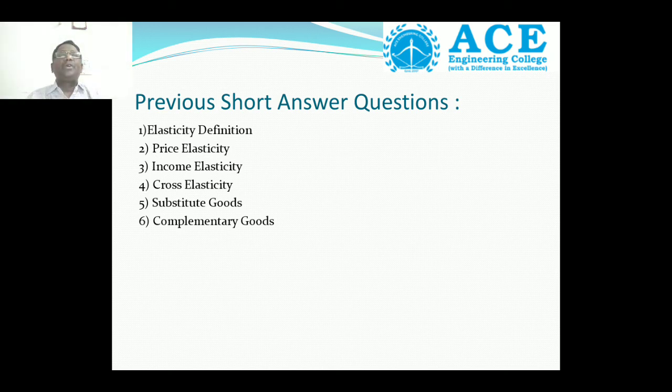So try to remember the definitions of substitute good and complementary good, examples and curve shapes. You should remember: what is the definition of substitute good? What is the curve shape of substitute good? Then what is the value? What are the examples? Try to remember these for substitute good, cross elasticity, and complementary goods. Complementary good example is car and petrol, computer and